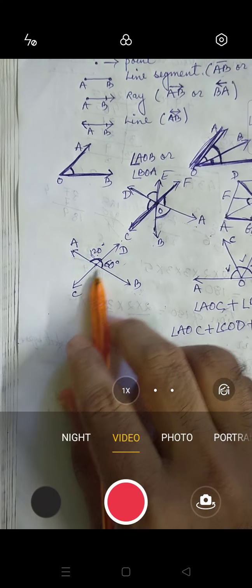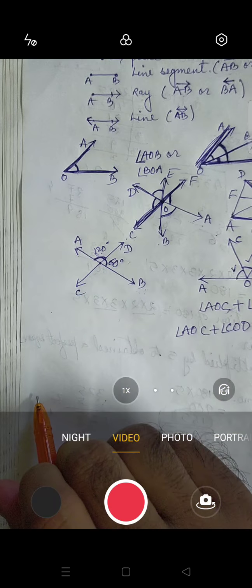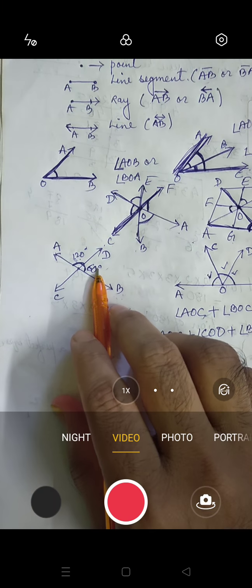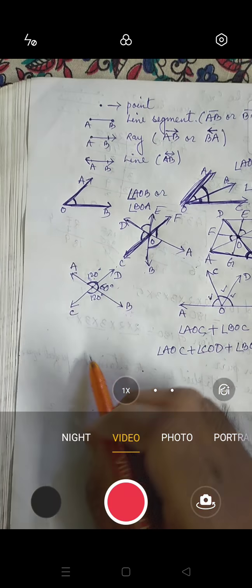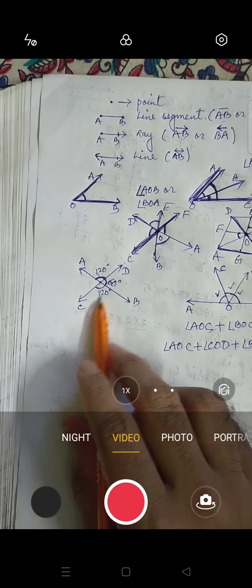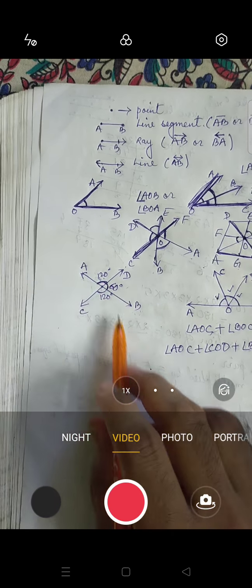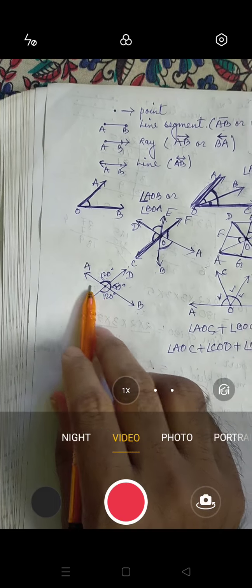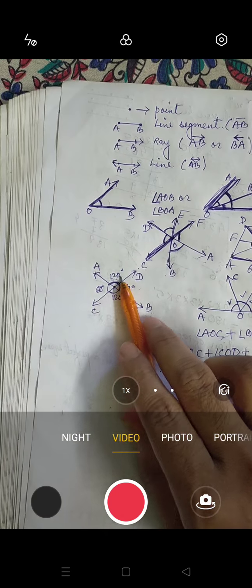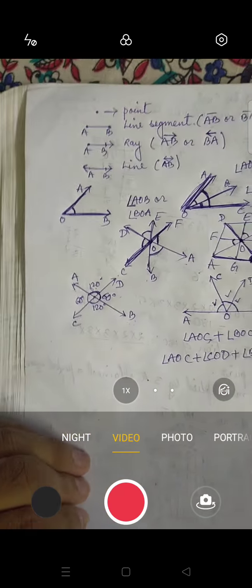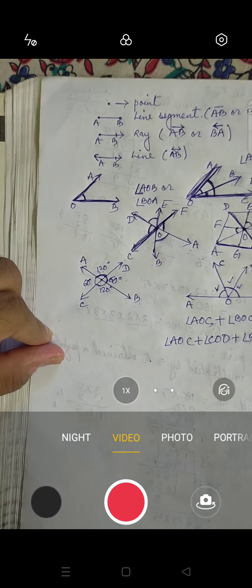These two angles, if we add, we will get 180 degrees. So if this angle is 60 degrees, definitely this one has to be 120 degrees. Then only 60 plus 120 is 180. This plus this is 180. Same way, this and this will be 180, so definitely this will be 60. Or you can say that this and this will be 180 degrees. Okay. But here I have shown this one for one reason.